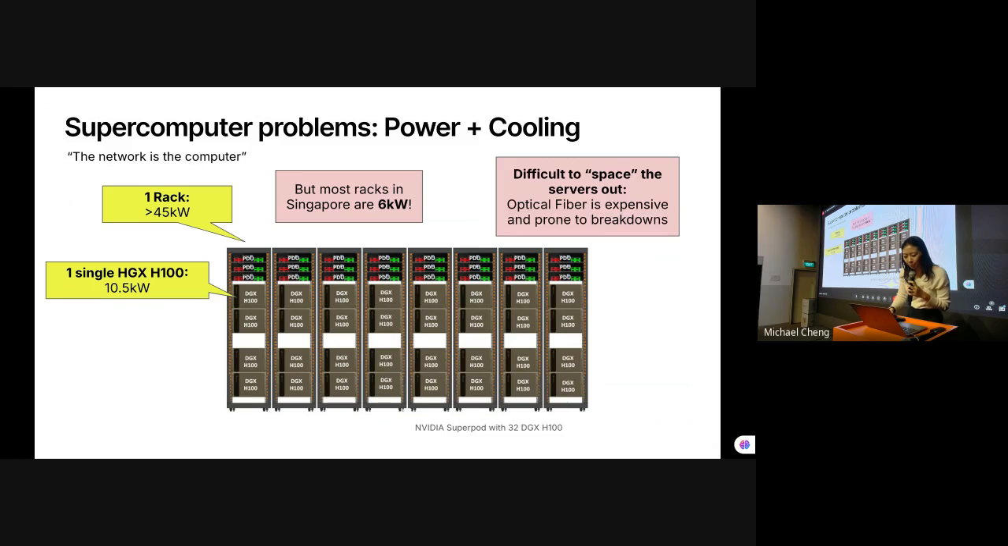And the big problem was that most racks in Singapore are 6 kilowatts per hour, and that was sufficient to run the existing CPU workloads. However, in order to run the H100s, it needs 10.5 kilowatts per hour. That already exceeds the 6 kilowatts, and that is only one. Typically, for cost effectiveness, they will put 4 of these in one rack. And so in total, it needs about 45 kilowatts per rack, which is way more than what was available in